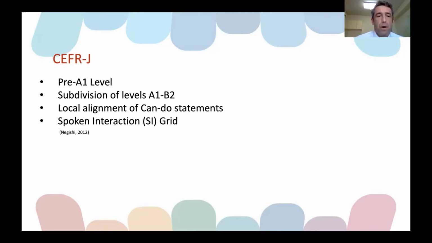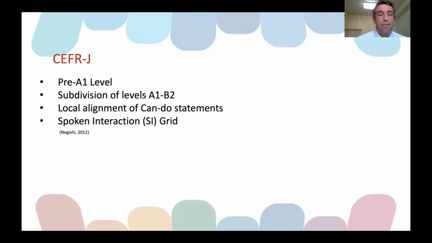It also aligns the can-do statements of the CEFR, localizing them to Japan. And one example of that, provided by Negishi, who is part of the CEFRJ development team, is